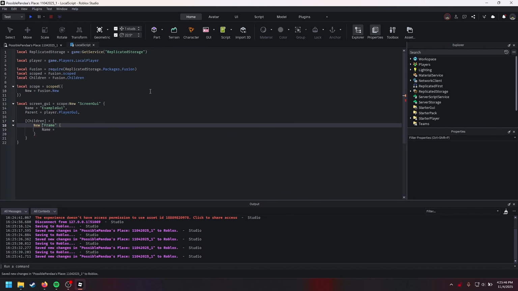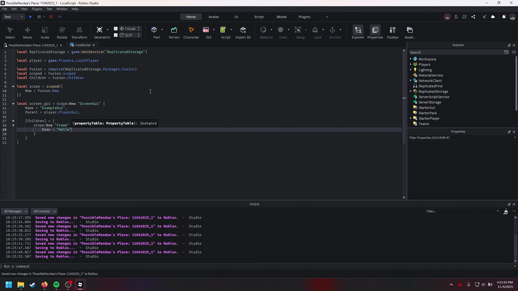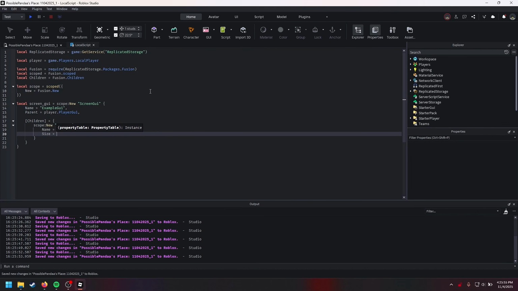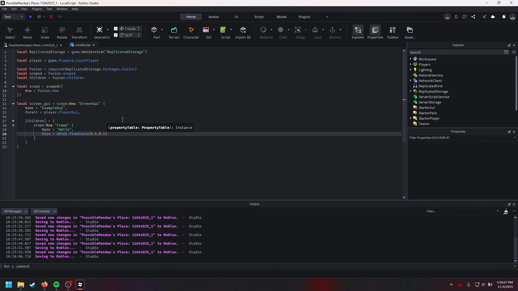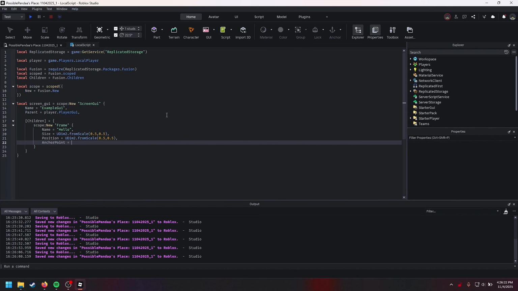We can put Name, this has to be scope:new. We can put Hello. Size equals UDim2.new, let me do fromScale 0.5, 0.5. This will make it half the screen size. Position equals UDim2.new 0.5, 0.5. Actually, this also has to be fromScale. And then AnchorPoint equals